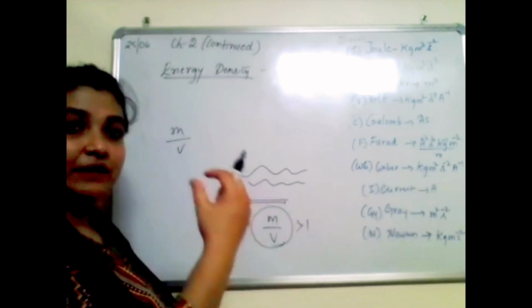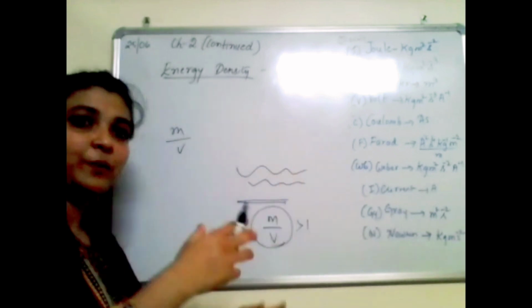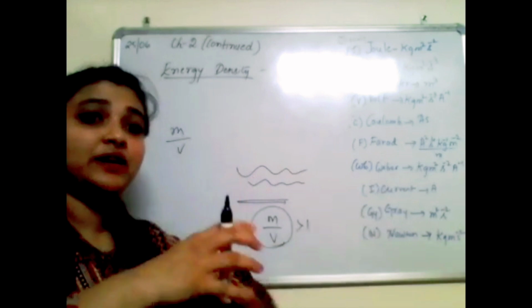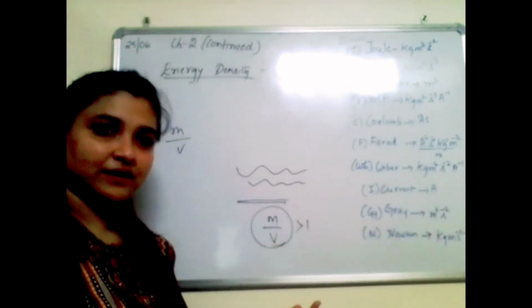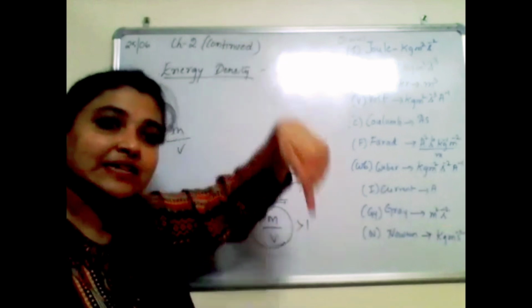Whatever object's density is greater. So suppose it is heavier, its mass is also bigger and its volume is also more. So mass by volume becomes greater, right? That is why the needle sinks. Whereas